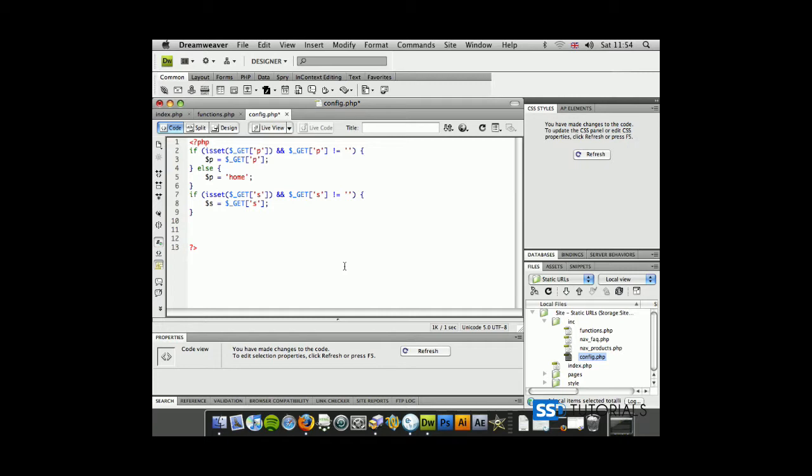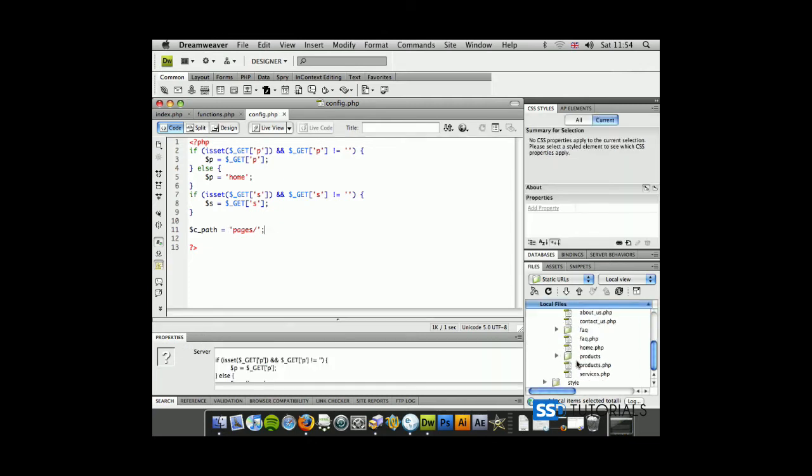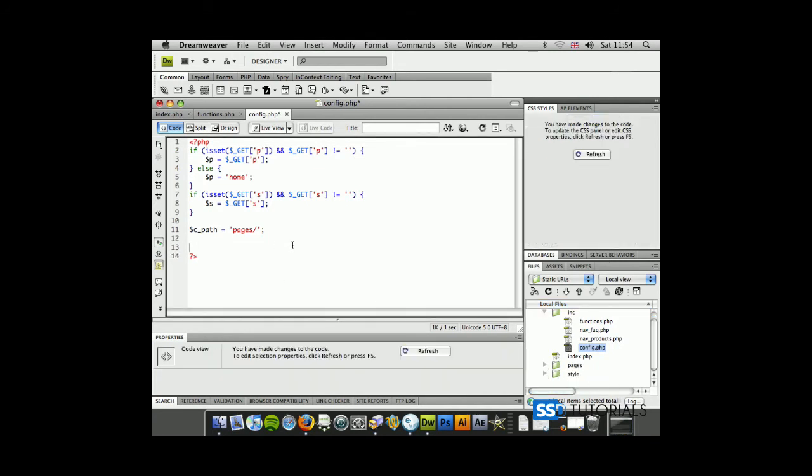Now another thing, we will create a variable called cpath, and we will assign the value of pages/ to it. cpath is the variable which stores the path to the pages folder where all of our pages are stored. Next variable will be cerror,